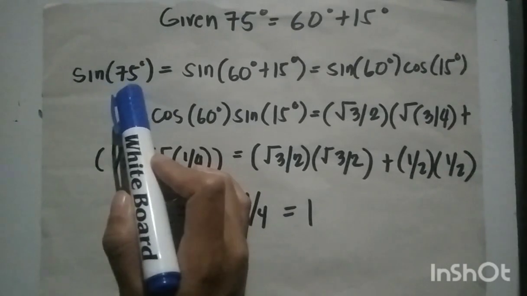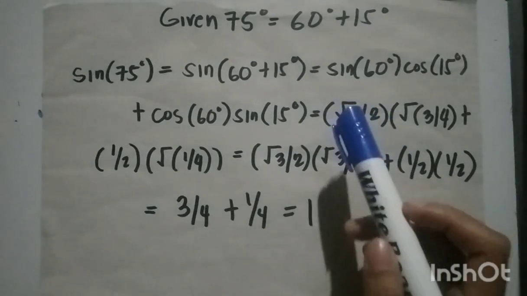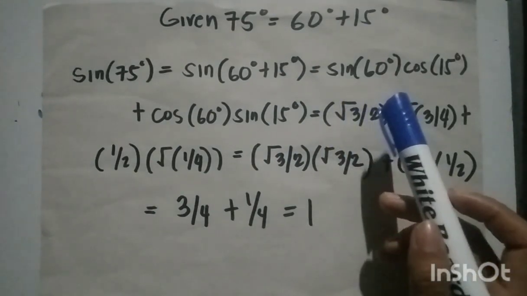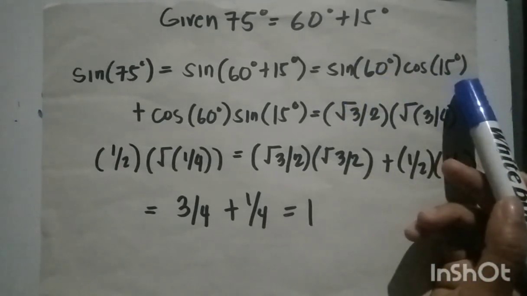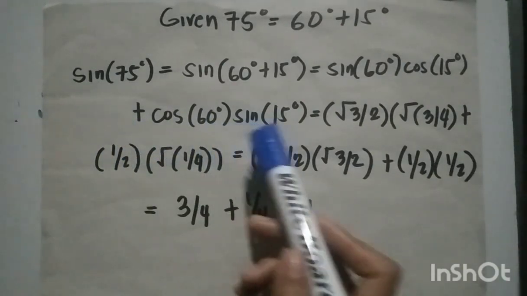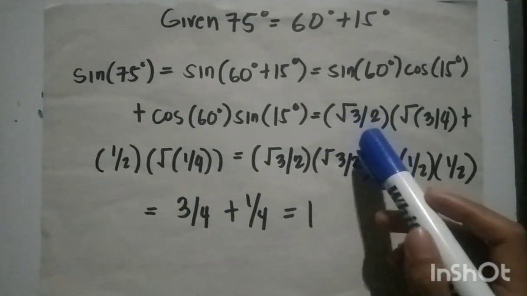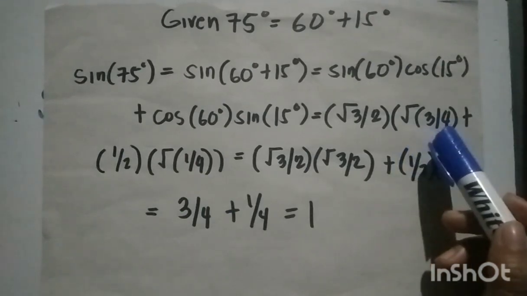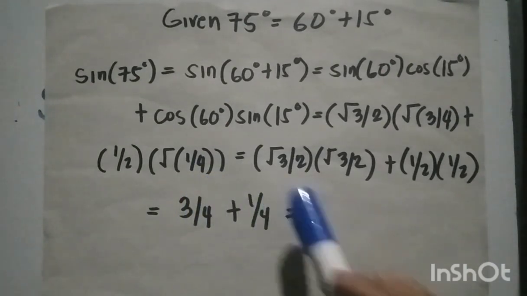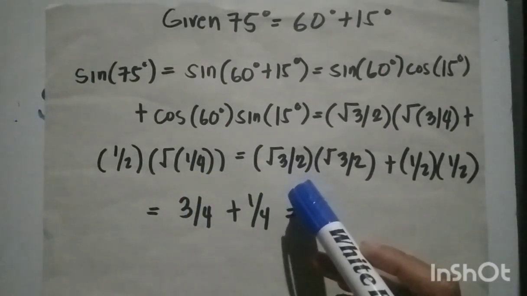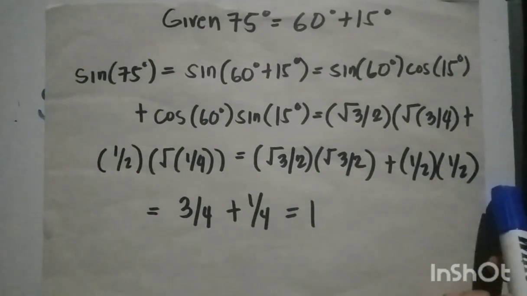So here we have sine 75 degrees, which is equal to sine of 60 degrees plus 15 degrees. If we use the sum identity, we have sine 60 degrees times cosine 15 degrees plus cosine 60 degrees times sine 15 degrees. Sine 60 degrees is equivalent to square root of 3 over 2, times square root of 3 over 2, plus 1/2 times 1/2,